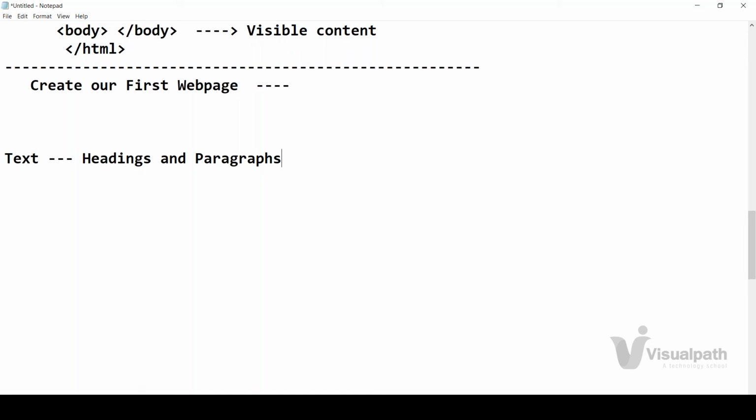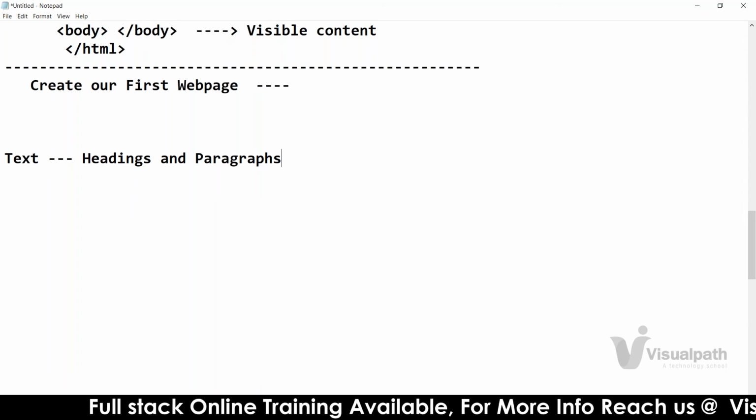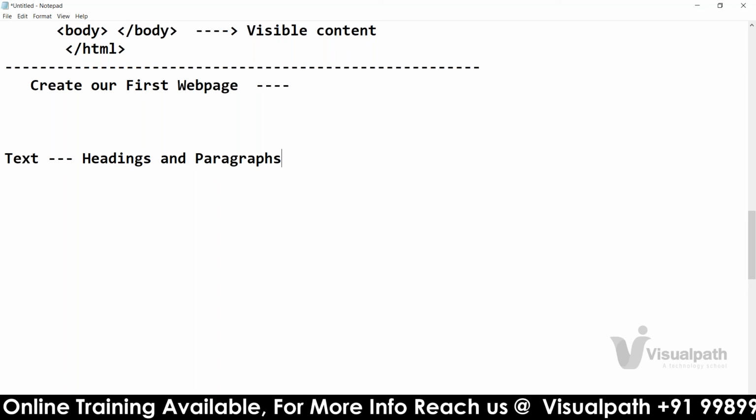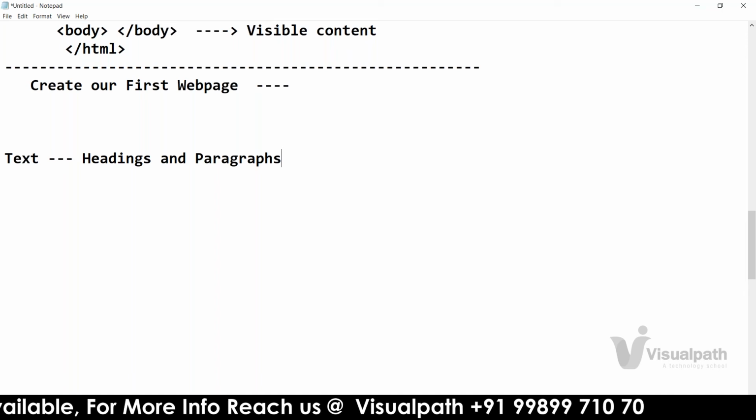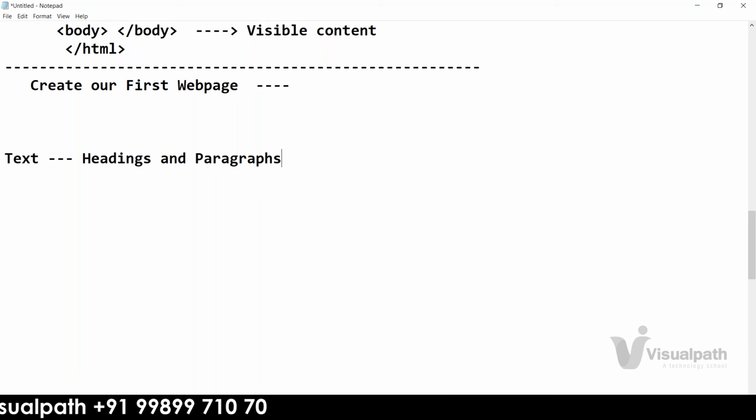Then 1.1.1. You understood, right? If you look at that, the size will be different. The chapter name will be of more size, then your normal heading will be some size, then the 1.1 subheading some size, then 1.1.1 a little less size. So headings will be there with different sizes.